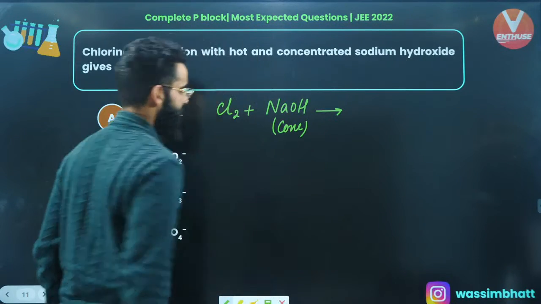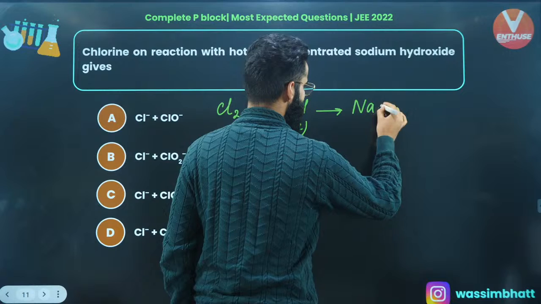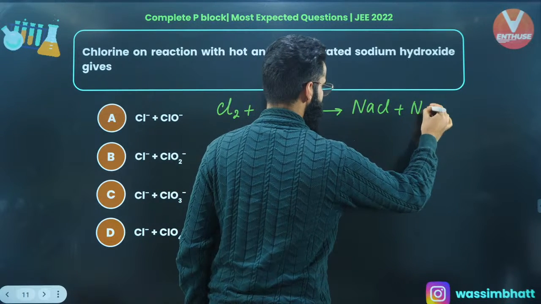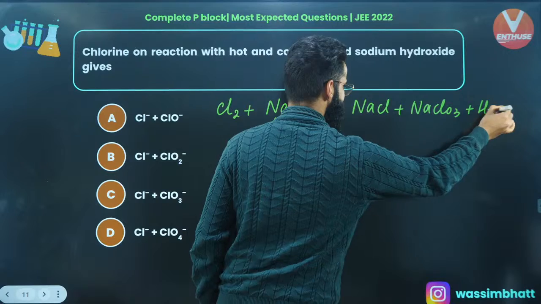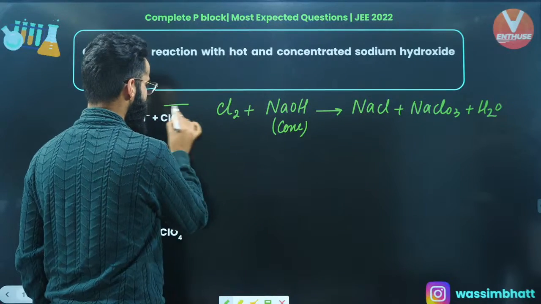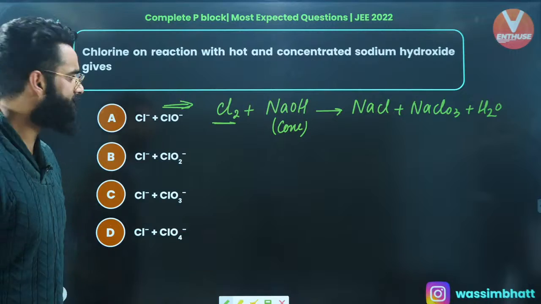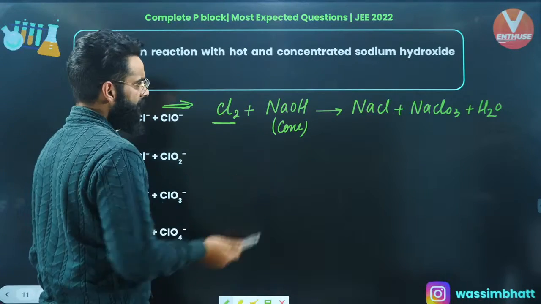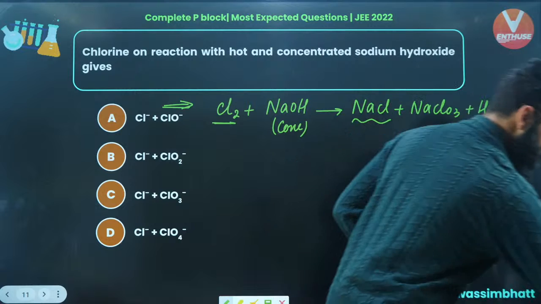What does it give? First thing, it is absolutely going to give NaCl, right? Apart from NaCl, it's going to produce NaClO3, and with this, you'll be getting water as well. So basically, it is the common example of a disproportionation reaction wherein Cl2 undergoes disproportionation. As simple as that. Now, people, see, over here, in case of NaCl,